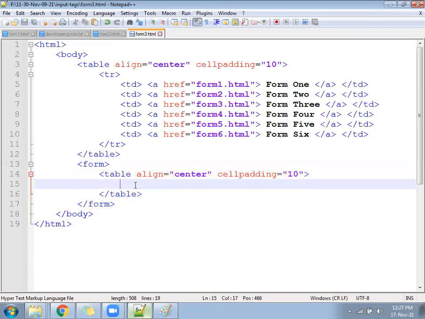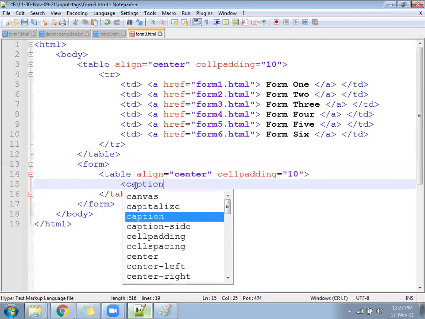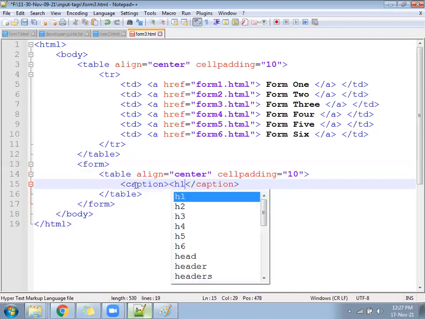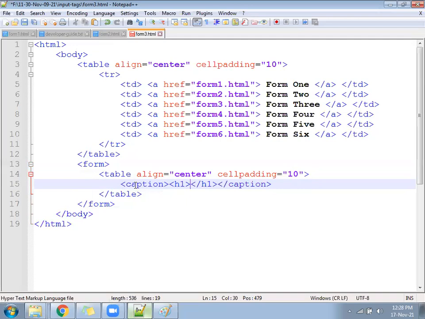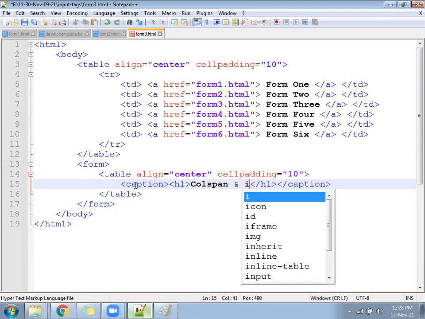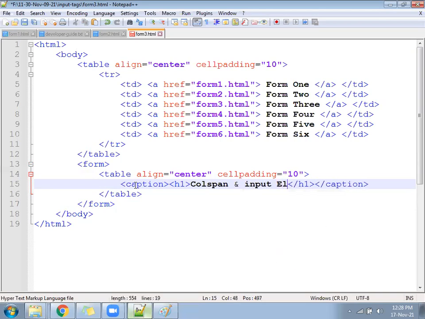Caption, we can write also. Call a span. And input elements.